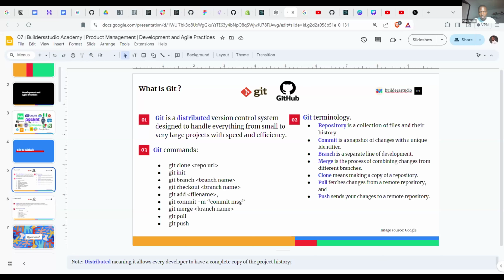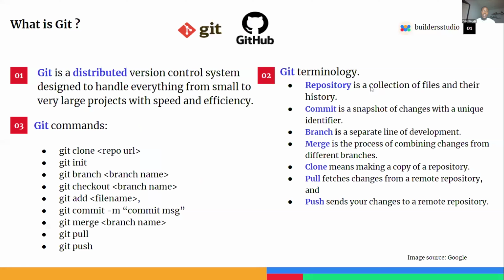Git is a distributed version control system designed to handle everything from small to large projects with speed and dependability. I know that's a lot of words, but we're just going to start with the word I highlighted, distributed. Distributed basically means that varieties of developers from all parts around the world are allowed to come together to